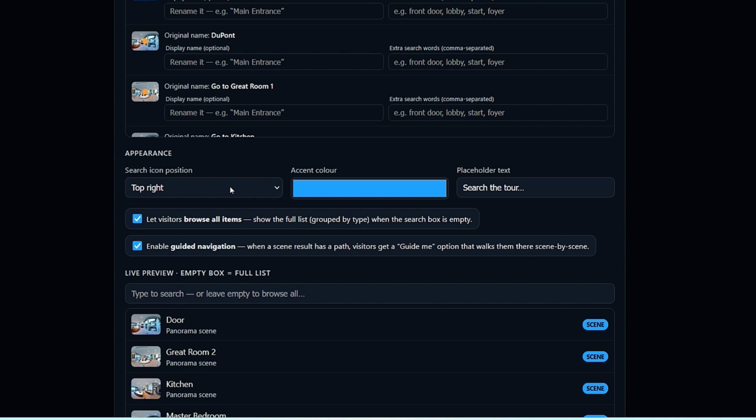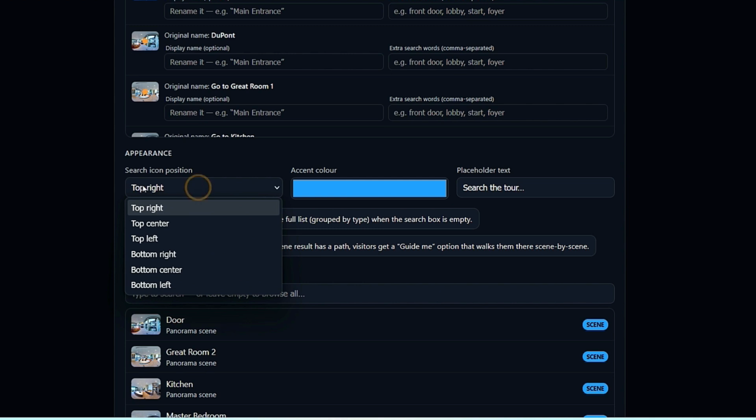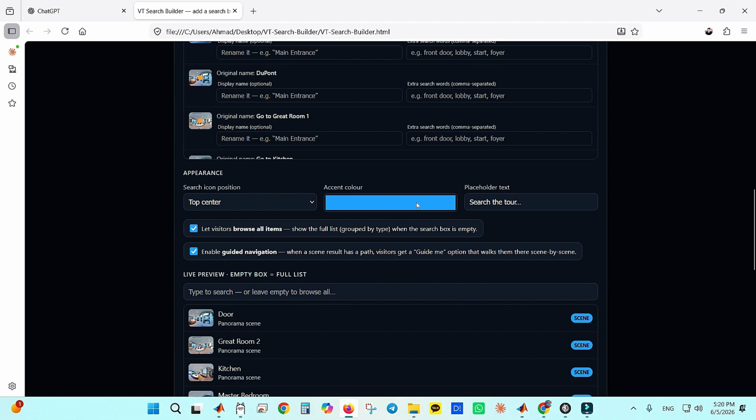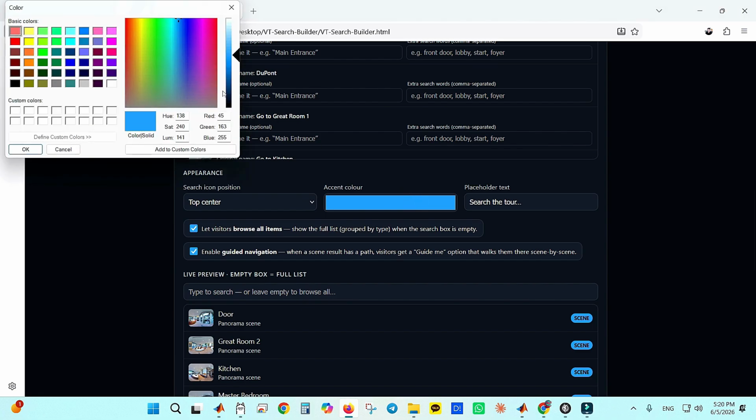In this section, search icon position, you can choose the position of your search icon. The default is top right. You can also set it to top center, top left, or place it at the bottom. I'm going to choose top center. For accent color, you can select a color here, and in fact, this color should match the theme of your virtual tour.